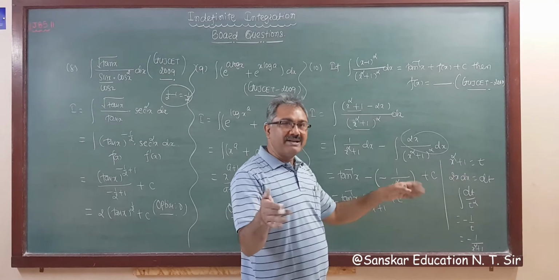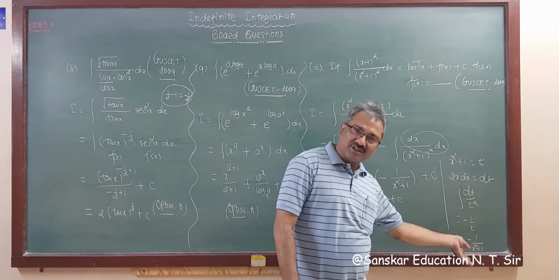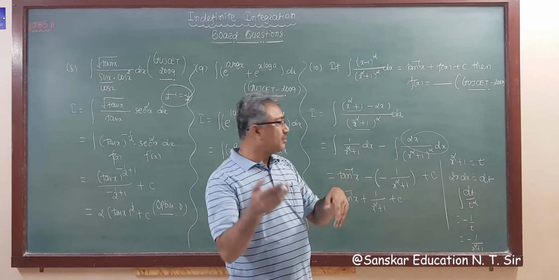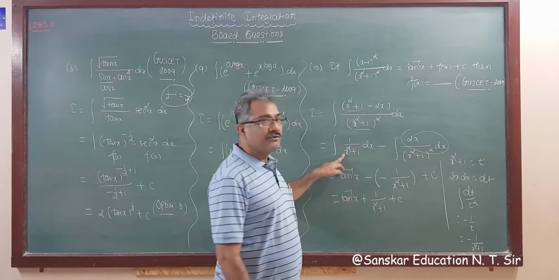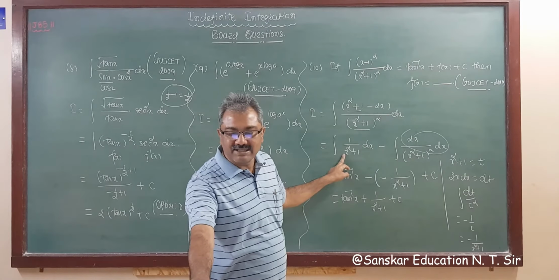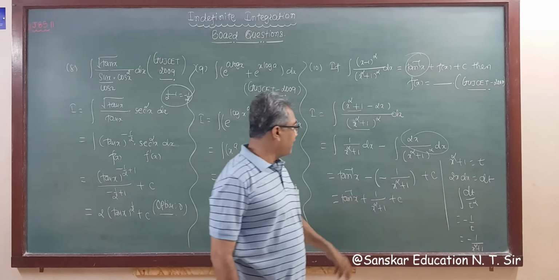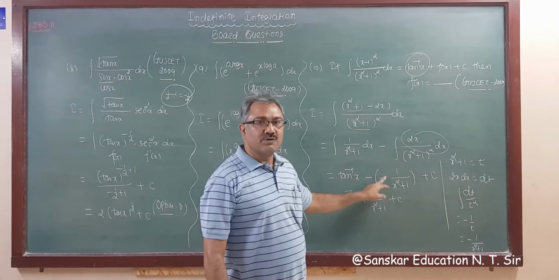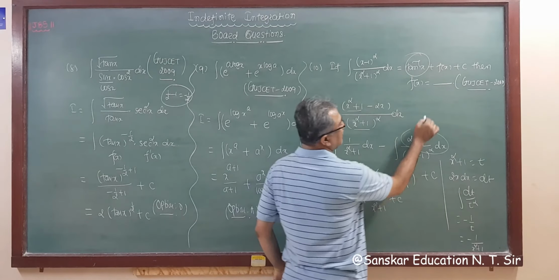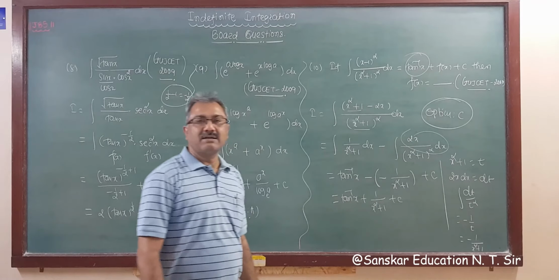Right? So now it's up to you. If you want to waste time, use this procedure. Otherwise, write the answer directly. In an MCQ, there is no need to write all this. Now check this: this is tan inverse x, so find out in which options there is tan inverse x. But that is not our answer, because we require more here. Now for fx, the signs are minus minus plus. So 1 upon x square is given in only option C. So option C is the correct answer.